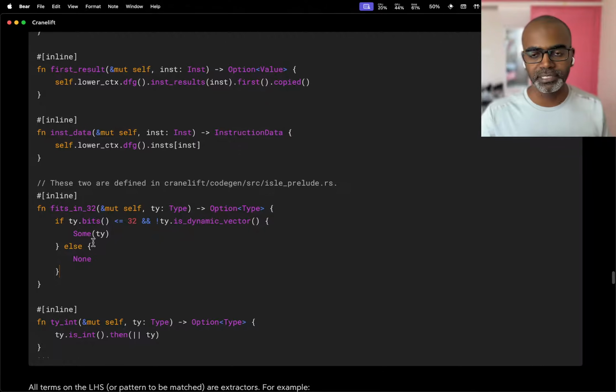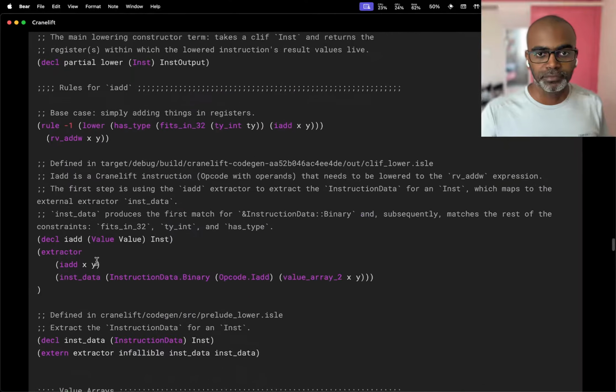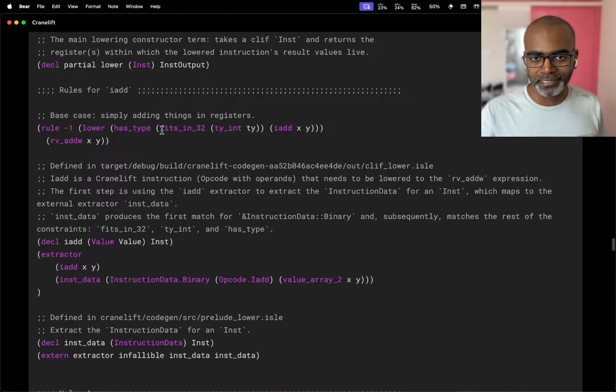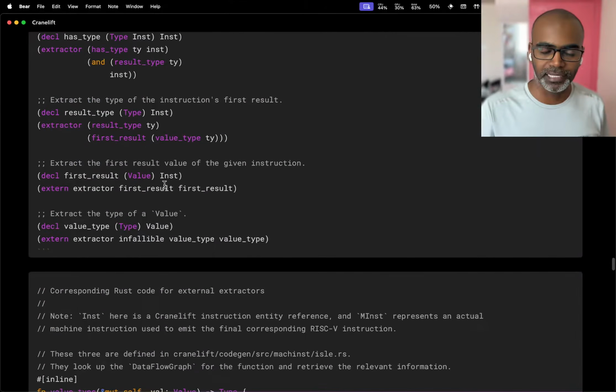All of this is implementation by the programmer, in this case, whoever's contributing to Cranelift. And then if it's less than or equal to 32, that's fine. If it's not, we just say that no, it's not. So that's what this part gets right. And these two are arguments that are actually passed to as type. As type is